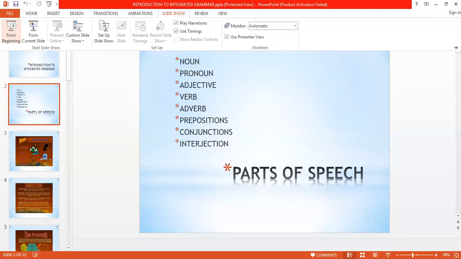Action verbs express mental or physical action. In the next slide, you can see here, he rode the horse to victory. Ride, rode, ridden. So here, rode is the second form of the action to go on a horse. So here you can see the person is riding the horse. So rode is an action that is a physical action.